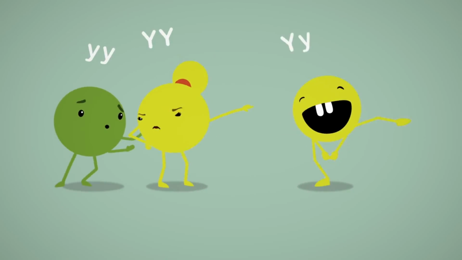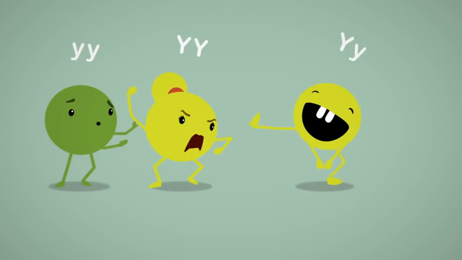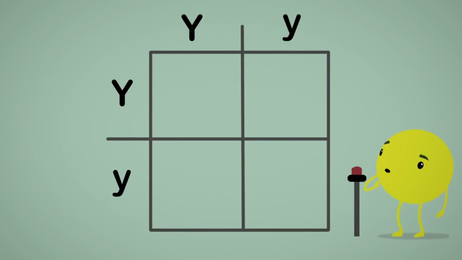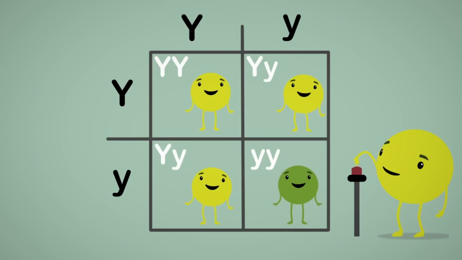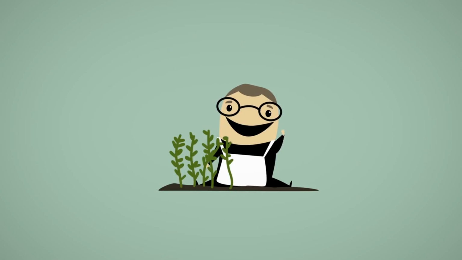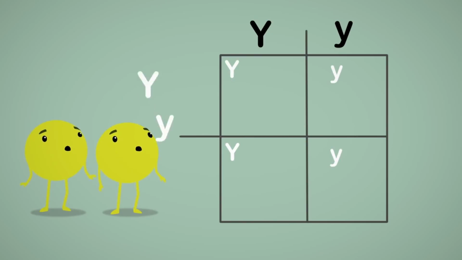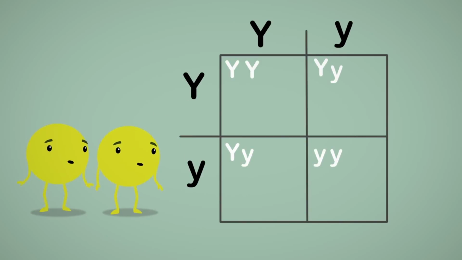To clearly visualize how alleles are distributed amongst descendants, we can use a diagram called the Punnett square. You just place the different alleles on both axes, and then you figure out the possible combinations. Let's look at Mendel's peas, for example. Let's write the dominant yellow allele as an uppercase Y, and the recessive green allele as a lowercase y. The uppercase Y always overpowers its lowercase friend, so the only time you'd get green babies is if you have